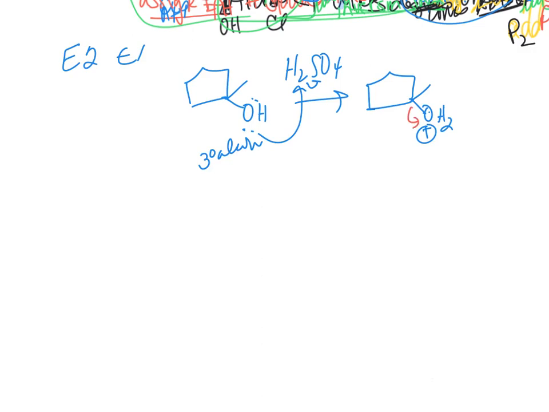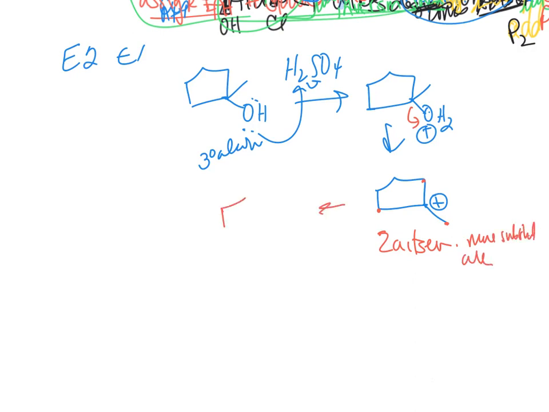It will just leave, and then you get a carbocation, which is the unimolecular intermediate, and now you're going to get the Zaitsev's product. Zaitsev's product means, if you take hydrogen from there, you get the more substituted alkene. So that would be an E1. E2,